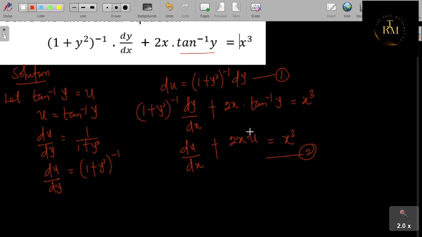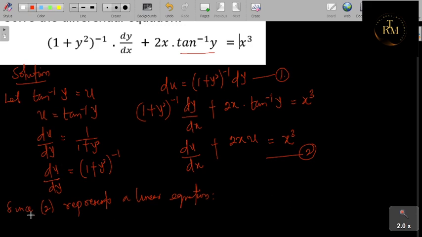So anytime you have an equation such that the derivative has a degree of 1, and the dependent variable also has a degree of 1, then we can say that equation is a linear equation. So I'm going to say since equation 2 represents a linear equation,